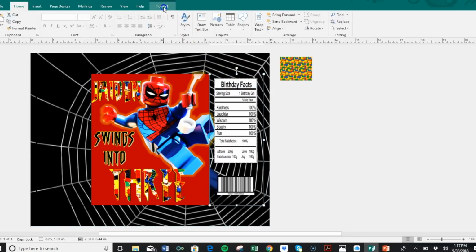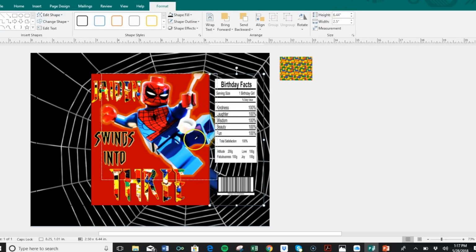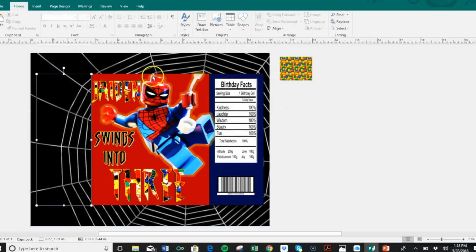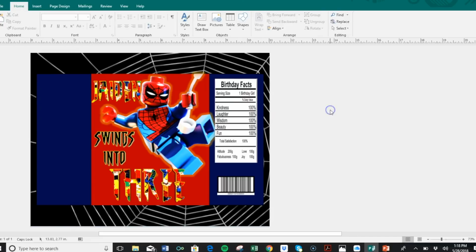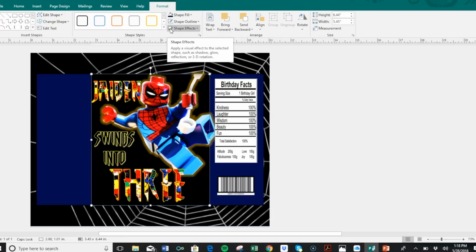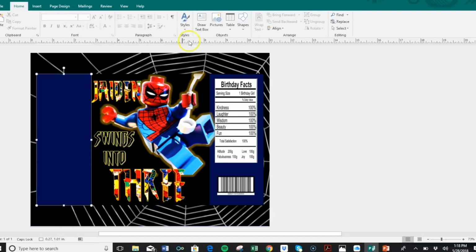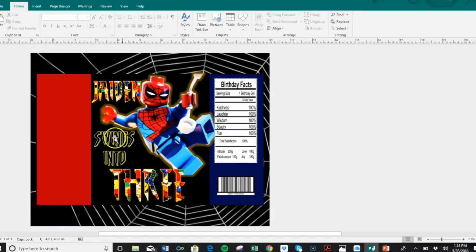So I'm gonna change this color. I'm actually gonna make this blue. And I'm gonna pick up that color blue right there. I'm gonna do the same on this side. So you see how he's hidden now? I don't need this anymore. So this is all right. Don't know if I love the red in the middle anymore. I might make that black. Let's see. I might just change this color altogether or go with something different. Yeah. Maybe make one side red and one side black. Yeah. And then